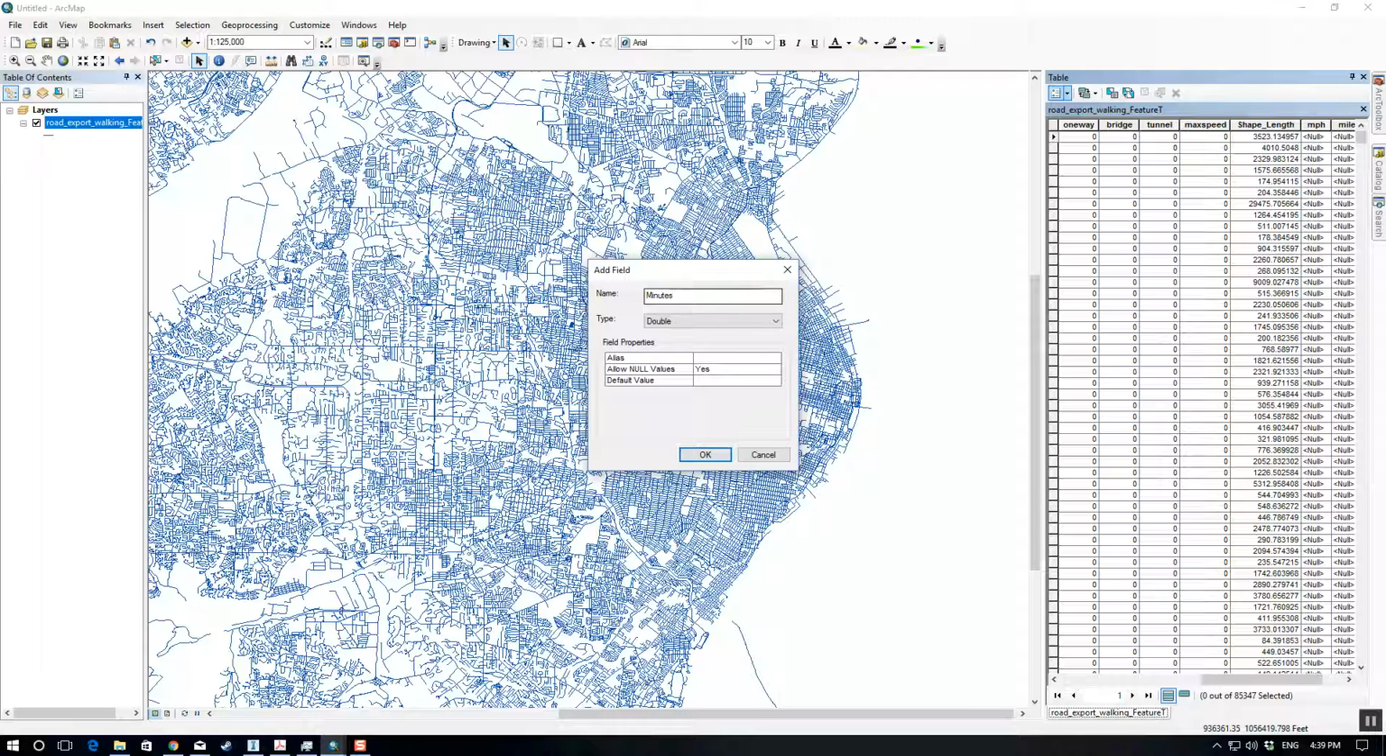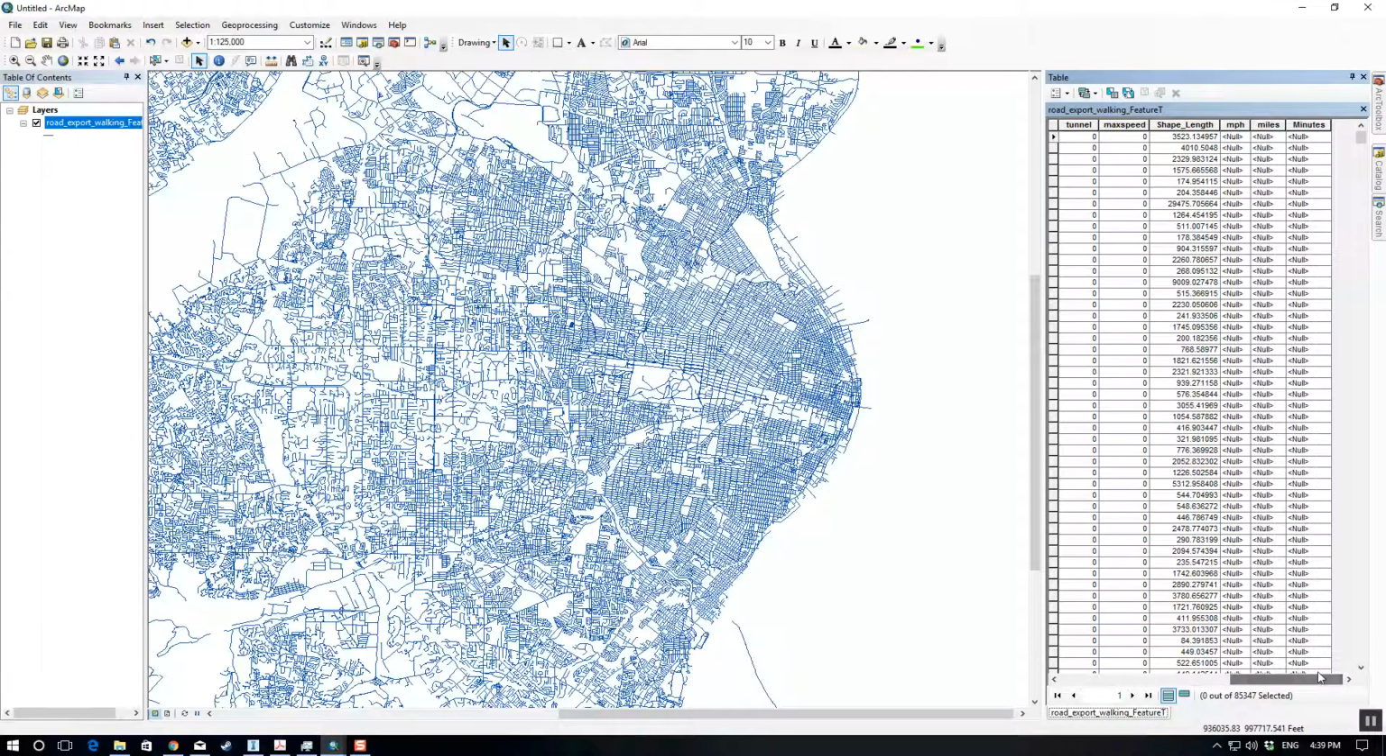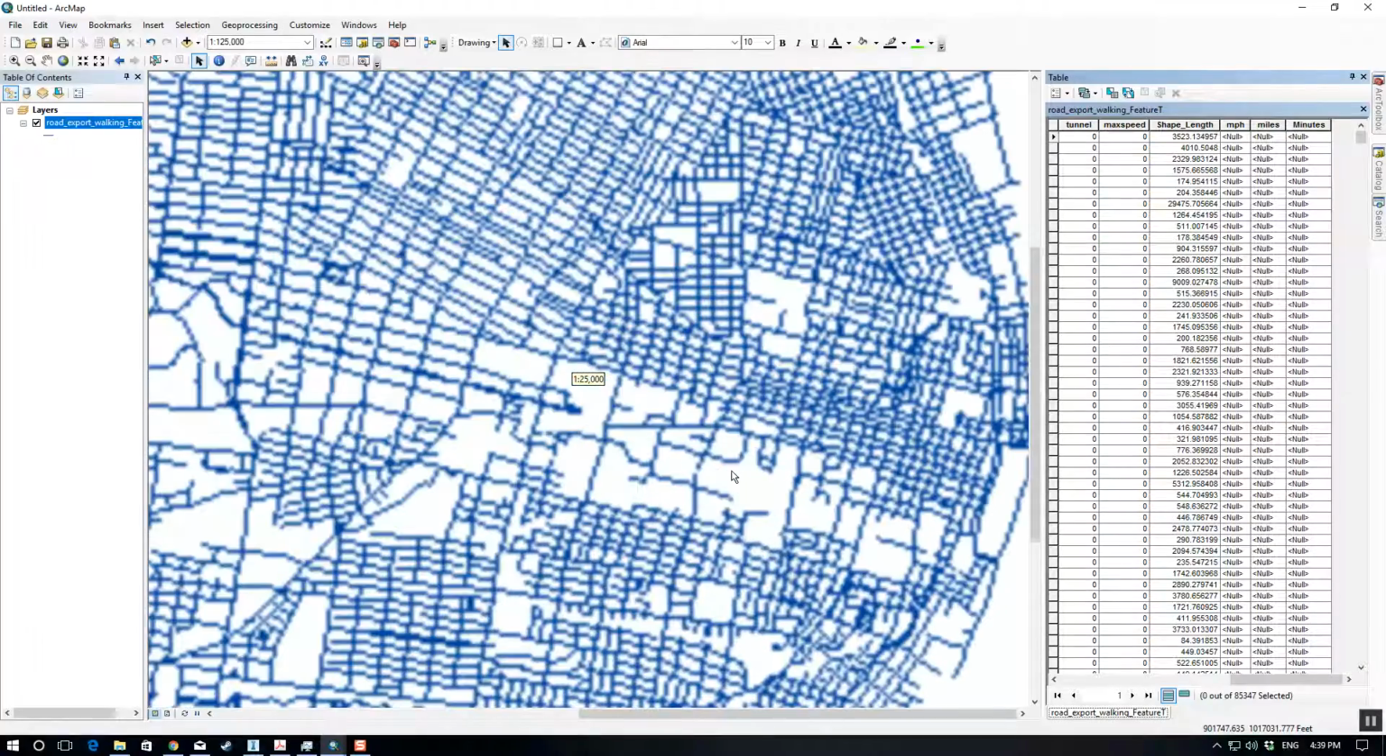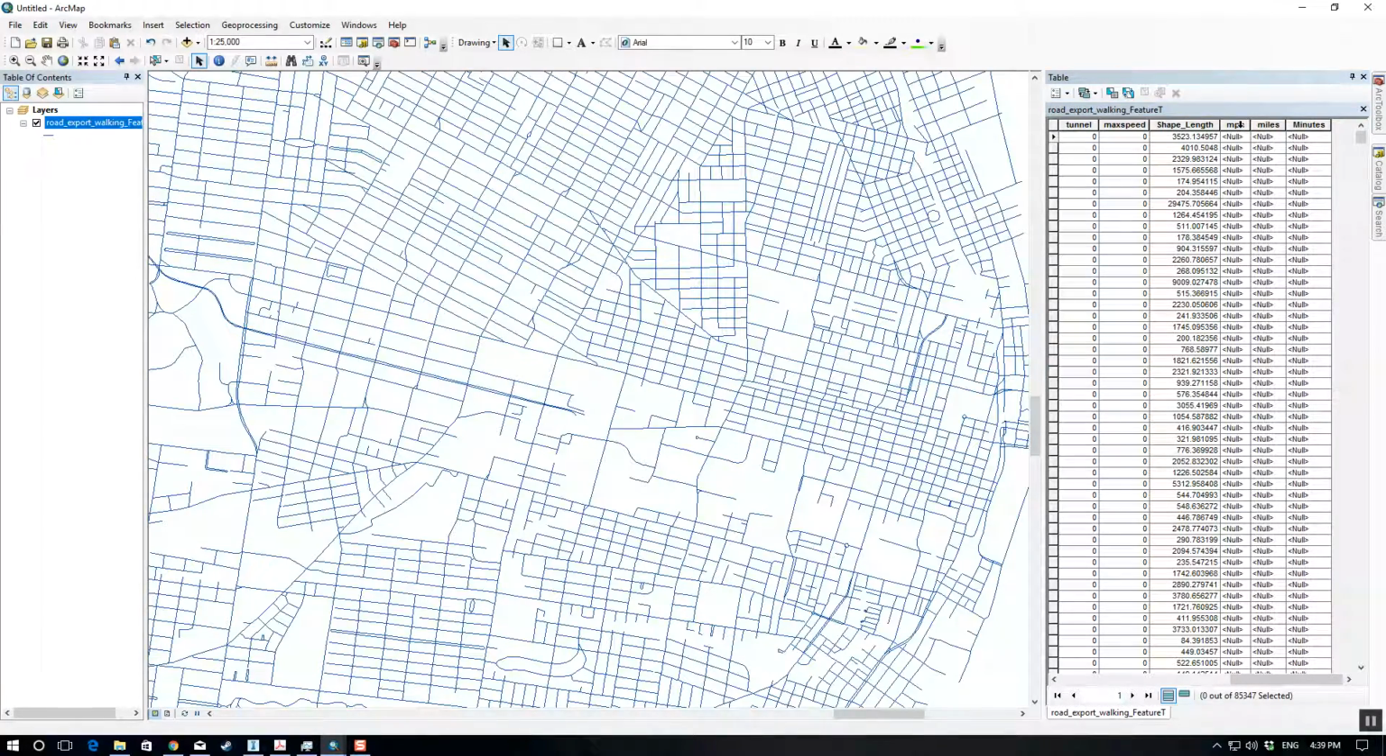This is actually extremely important. For this to work, this field needs to be typed out exactly as minutes, like that. If you mess this up, it might not work. So click OK. With these three new fields, we're going to calculate the time it takes to walk across one of these polylines. So in MPH, right-click that, click on Field Calculator,